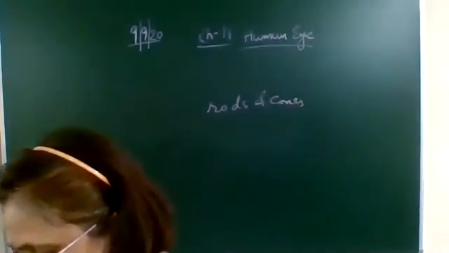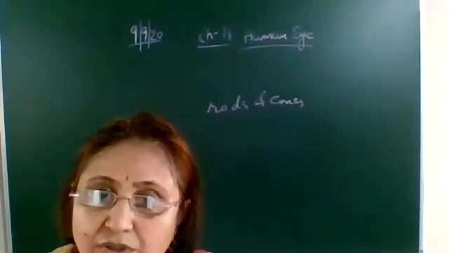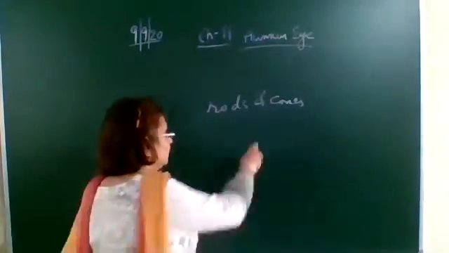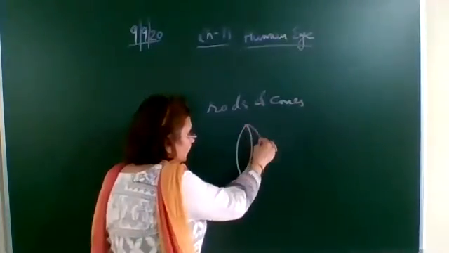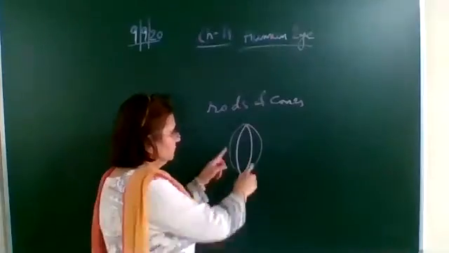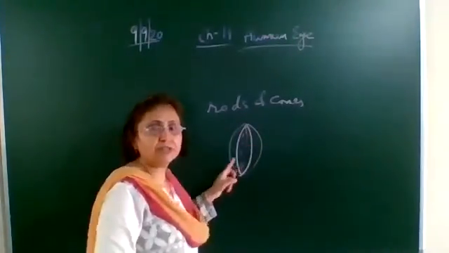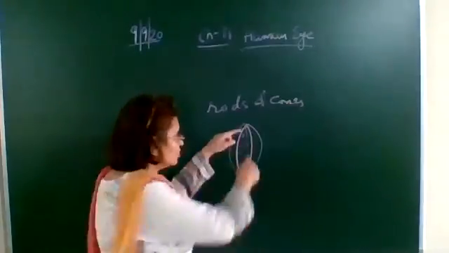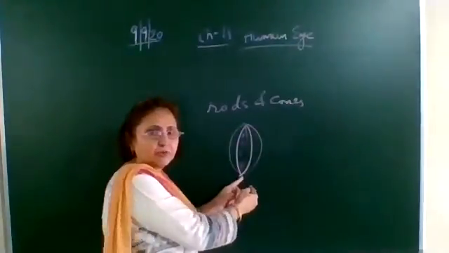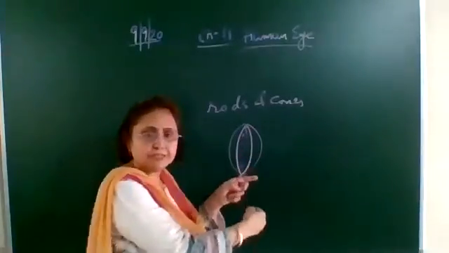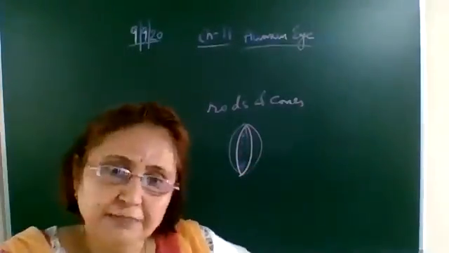Its curvature can be modified to some extent by the ciliary muscles. Curvature is adjusted, meaning this is our convex lens, the eye lens. It can become thicker or it can become thin also, depending on which object we are looking at. So the curvature is being adjusted. Curvature means this bulging out part, it may be more bulged out or less bulged out. So this is adjusted by the ciliary muscles.